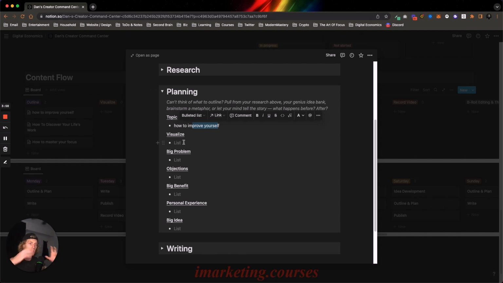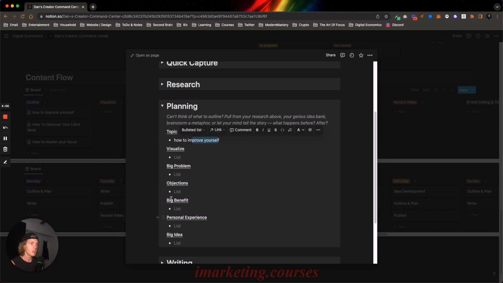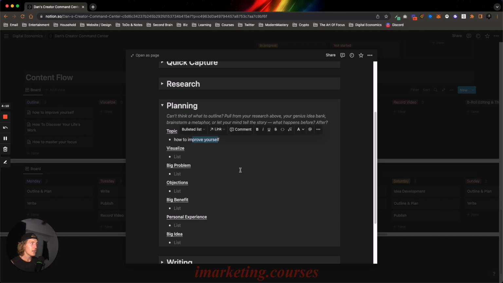And I form a unique argument around that using either the quick capture, the research, or just personal experiences or common problems and anything else that exists in the APAG writing framework, okay?